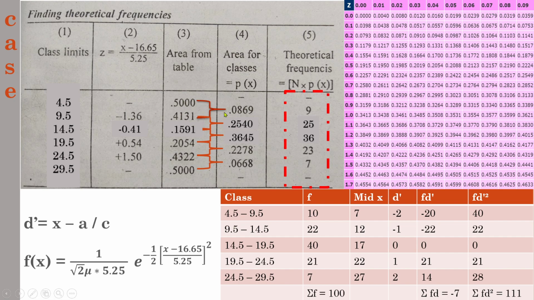That is why it is written in a bracket. So while writing in an examination, it has to be written in between the two points. In between two points means in between 0.5 and 0.4131. It will be written in two different lines. So try to write it in that particular line, splitting these two points. And after that, this one 0.4131 and 0.1591. See, the 0.2540 is written in between these two values. In the examination, while writing on line paper, it will be confusing which side you have to write it on, but you have to be very careful. It should be written in between these two points. So likewise, you have to do it like this.